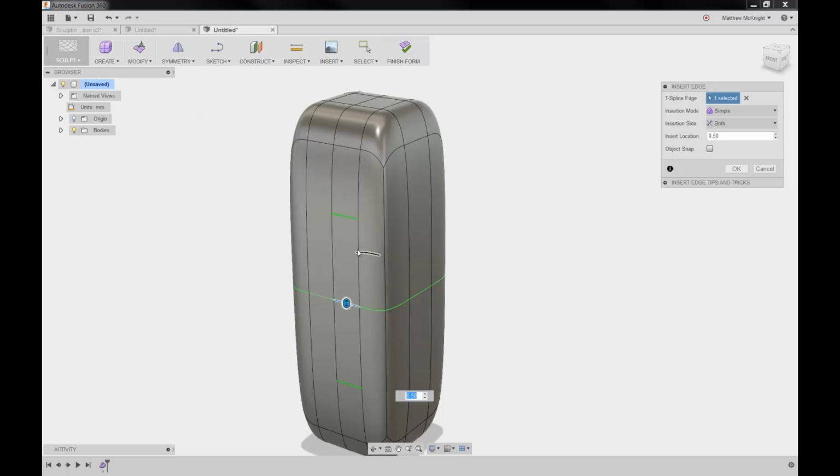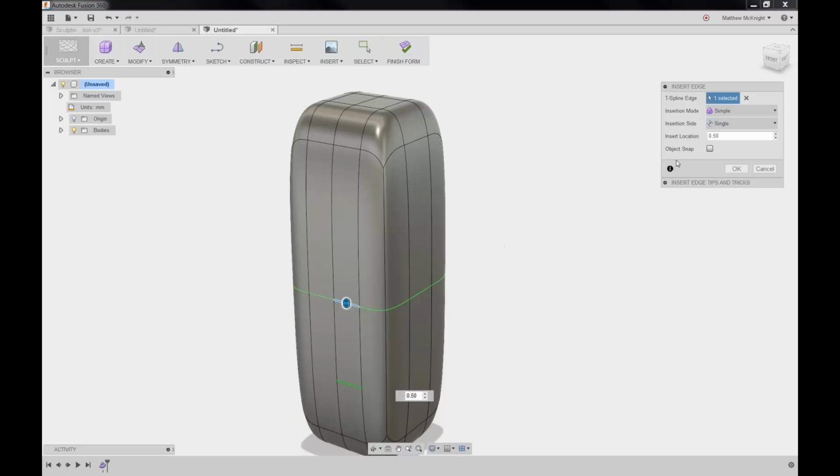Okay, so in this case, we've selected an edge and it's just that local edge of the face. And you can see here that we're going to be inserting, in this instance, an edge that would be between the existing edges of the surface. We can have it on one side or we can have it both. In this case, it doesn't matter because we've got symmetry. If we make a change to one side, it's going to automatically affect the other anyway,